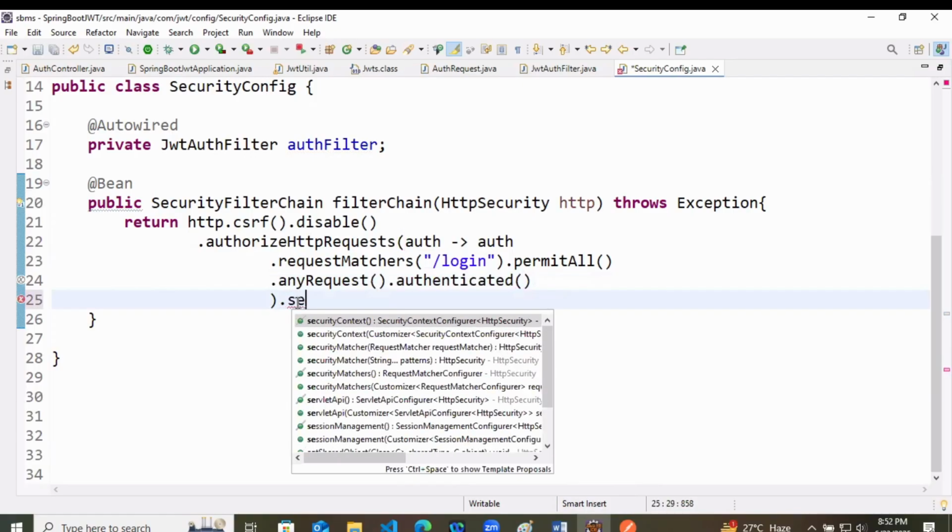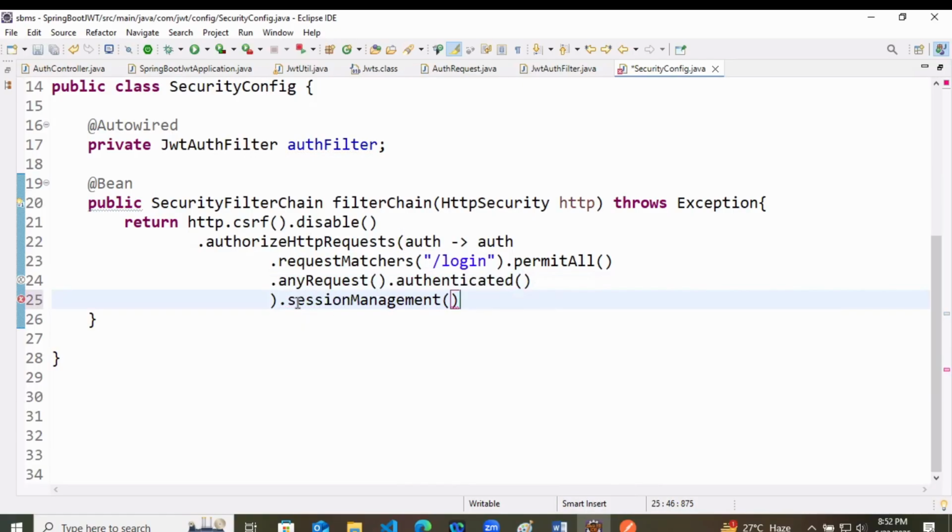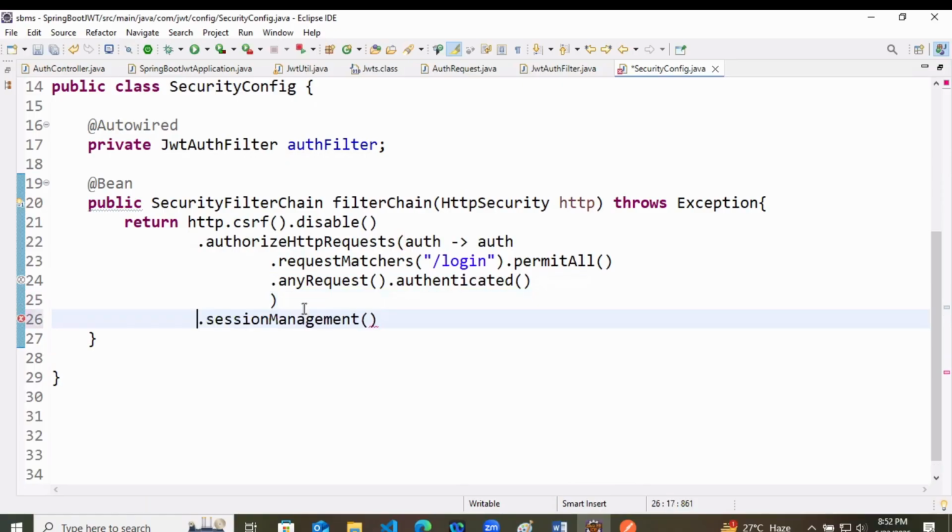Dot session management. Now session is going to be managed. It is not going to supply the value directly, because we are expiring the token after some time. So it will take the session and build its lambda expression.